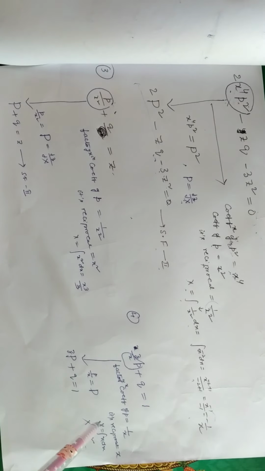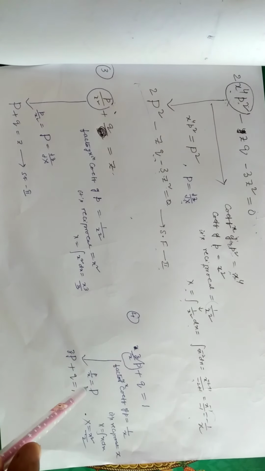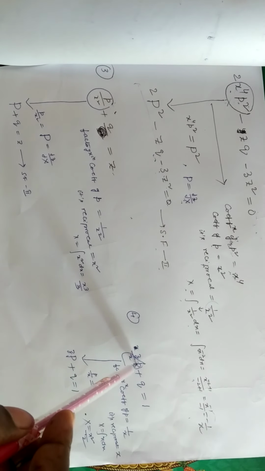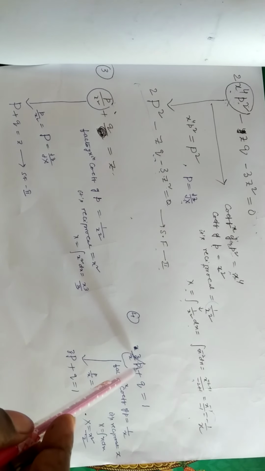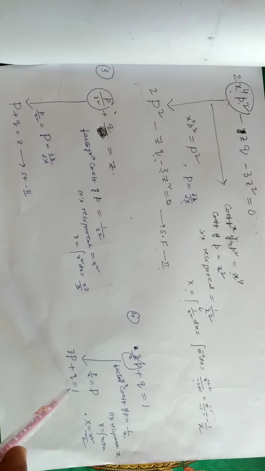But for capital X, we consider its reciprocal. Reciprocal of 1 by x is nothing but x. So we take capital X equal to integral of x into dx. That means x square by 2. That means by taking capital X equal to x square by 2, we can write p by x equal to capital P. So by writing p by x equal to capital P, the given PDE is changed to small z into capital P plus small q equal to 1. This belongs to standard form 2.